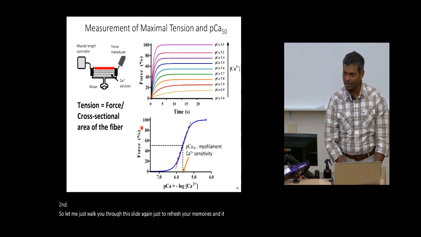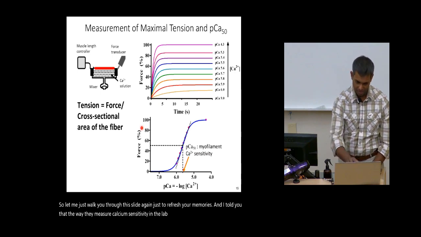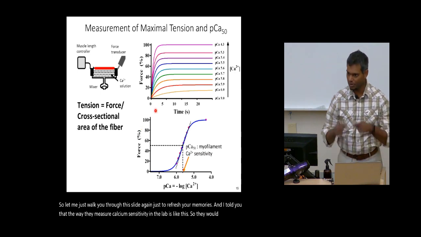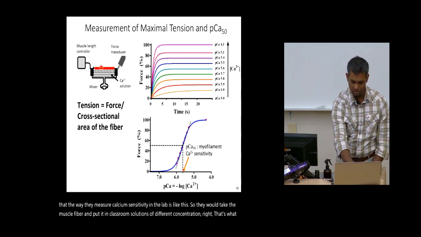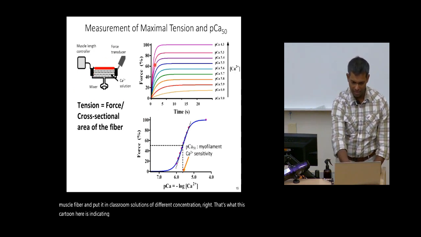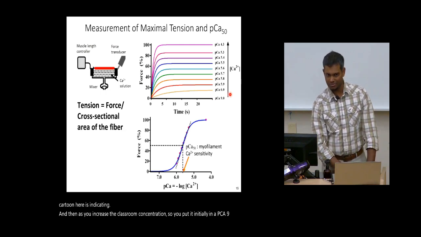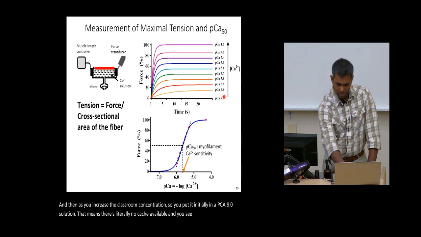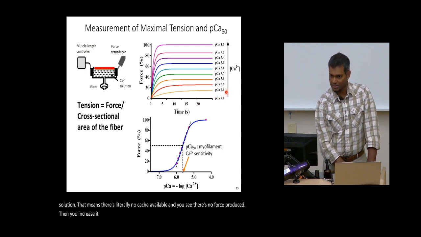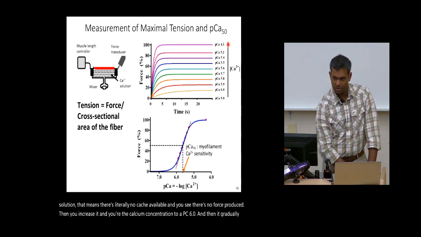Right? I told you that the way they measure calcium sensitivity in the lab is like this. So they would take the muscle fiber and put it in calcium solutions of different concentration, right? That's what this cartoon here is indicating. And then as you increase the calcium concentration, you put it initially in a PCA 9.0 solution, that means there's literally no calcium available, and you see there's no force produced. Then you increase the calcium concentration to PCA 6.0, and then it gradually goes up to PCA 4.3,